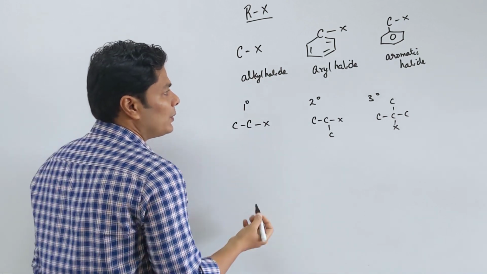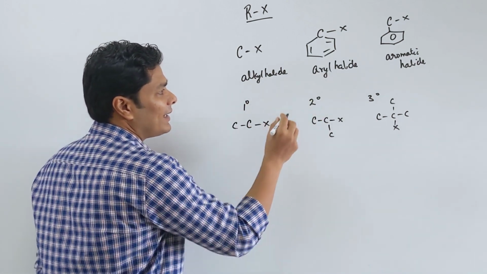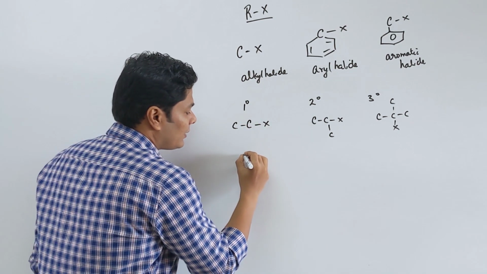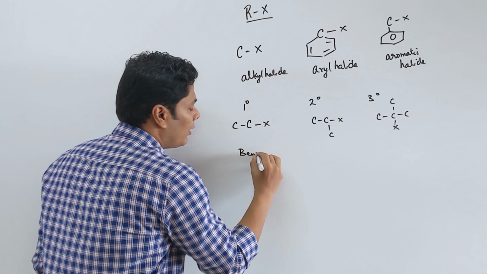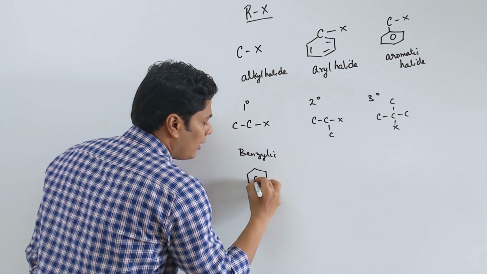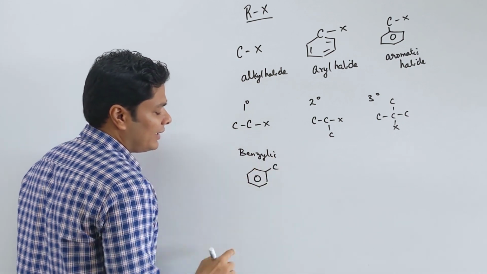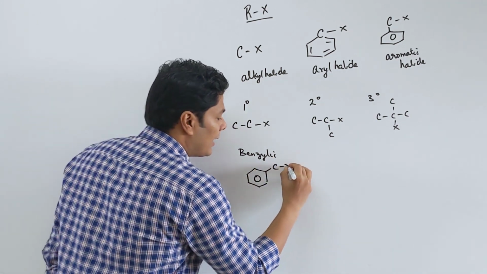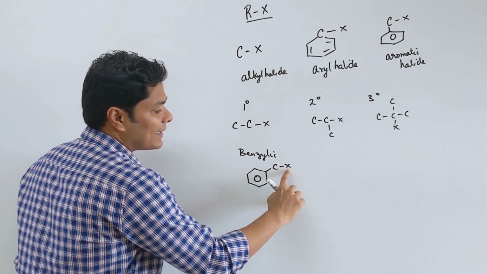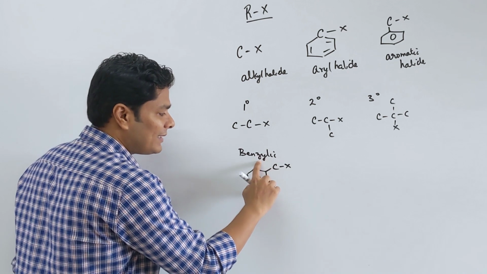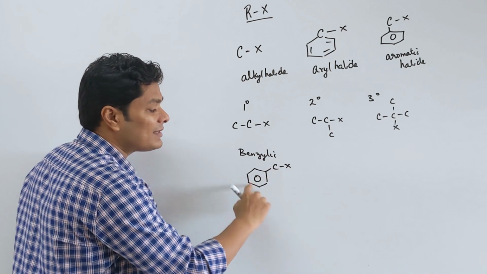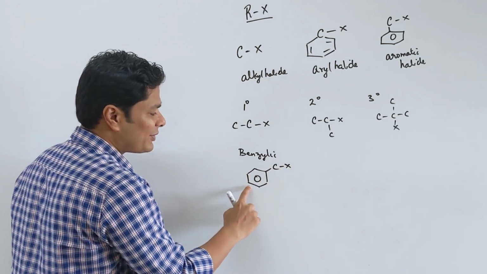The other thing that you can know is, now that I know my alkyl halide, aryl halide and aromatic halide, we can also specify a few other things. One, we can call it benzylic. Benzylic is strictly when there is a benzene ring and a CH2X. So it looks like a toluene, and a carbon that is outside the ring, attached to the ring, is attached to a halide. This is called a benzylic, and benzylic is important because if this X goes, you get a positive here, meaning a benzylic carbocation, a stable one. So benzylic is a special type.